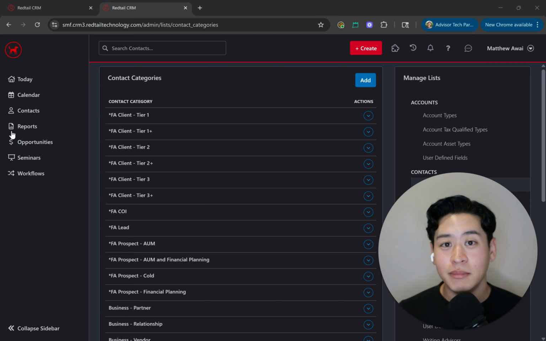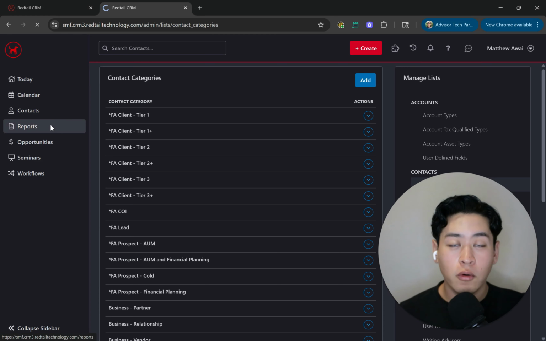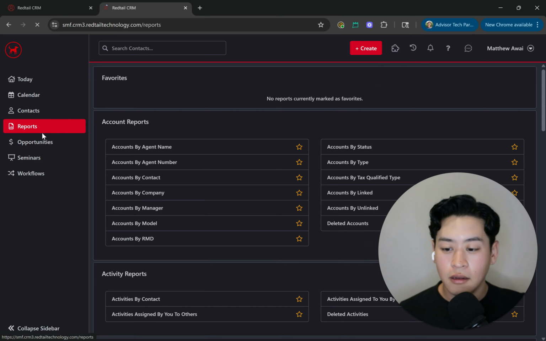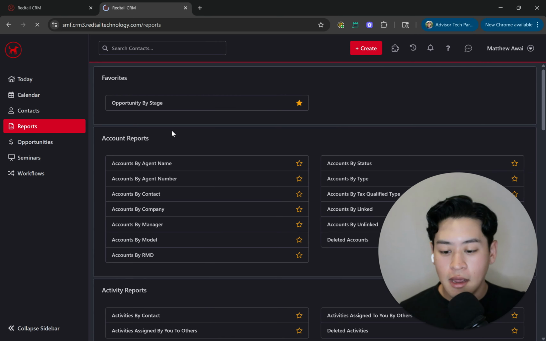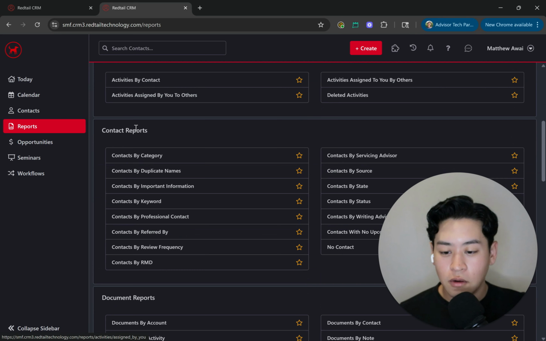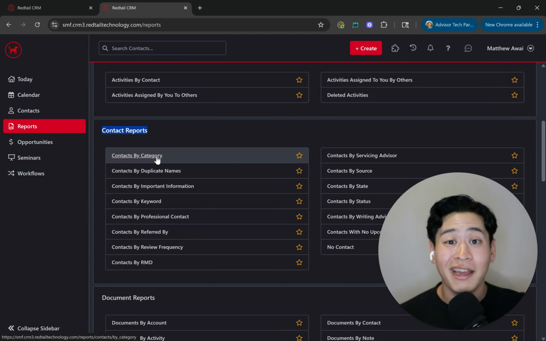So now that we've actually built out these customizations inside of the Redtail CRM, we're going to show you on the Reports tab how to build out the report to show my tier 1s, 2s, and 3s. So we'll click on the button right here, Reports, and then we're going to look for the contact reports, and we're going to look at the contacts by